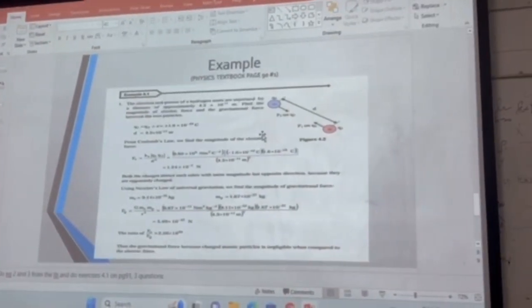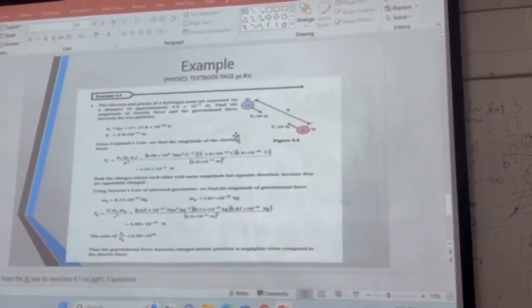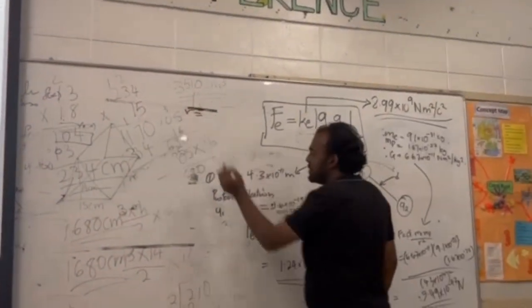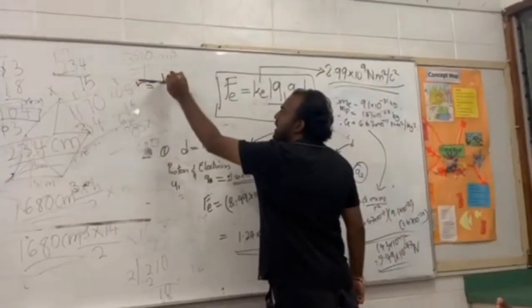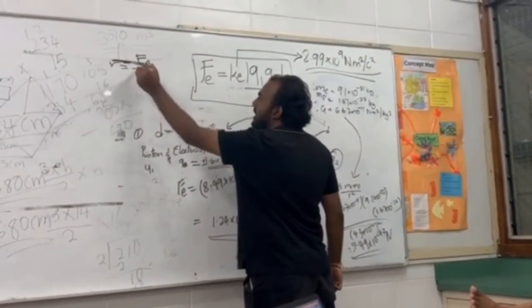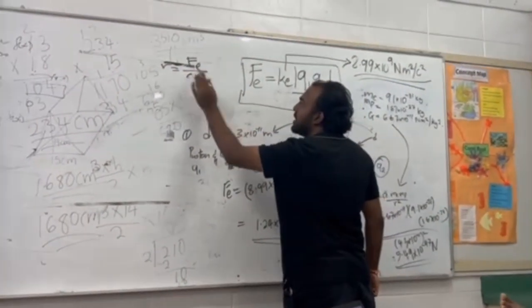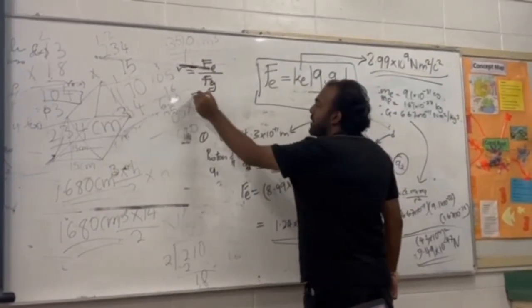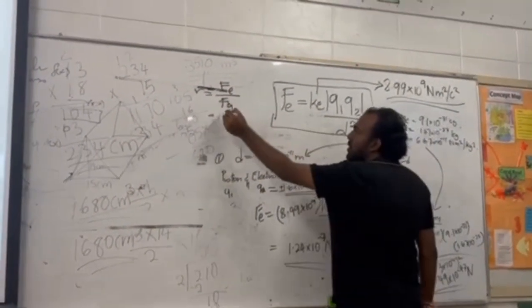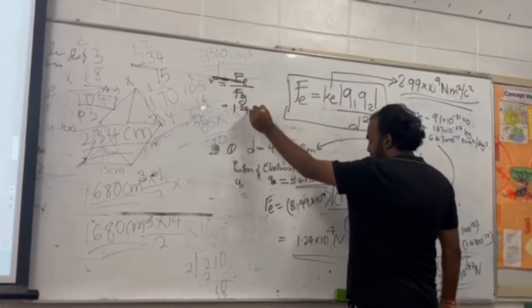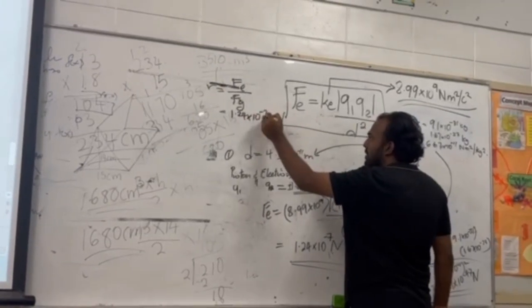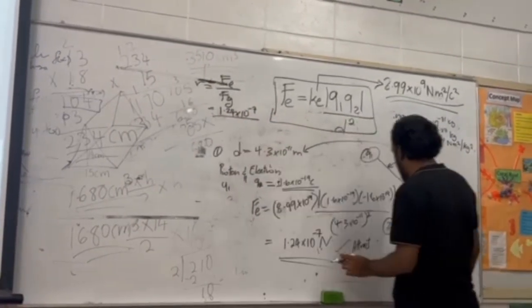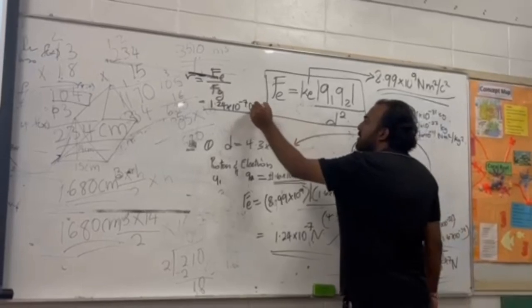So the ratio is equal to Fe over Fg, Fe divided by Fg, the force of gravitation. So your Fe is this value, 1.24 times 10 to the power of negative 7 Newton, divided by